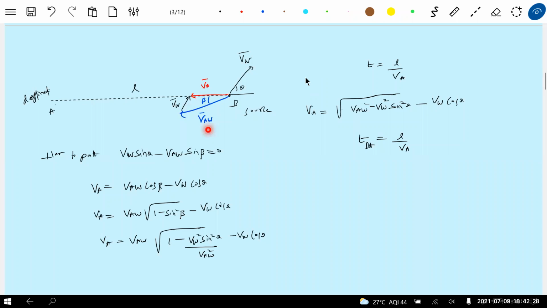So this is the velocity of aircraft with respect to wind. Whatever velocity the aircraft produces, it is with respect to wind, so the effect of wind will be there. The velocity of aircraft with respect to wind and the velocity of wind will determine the velocity of aircraft with respect to ground. I think this is the thing. If you can understand this, you need not bother about anything further here.